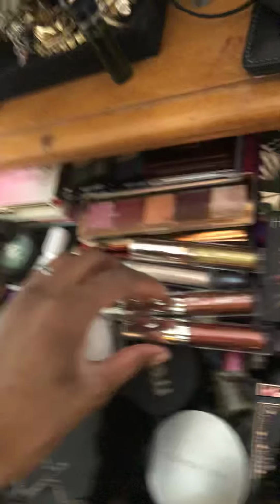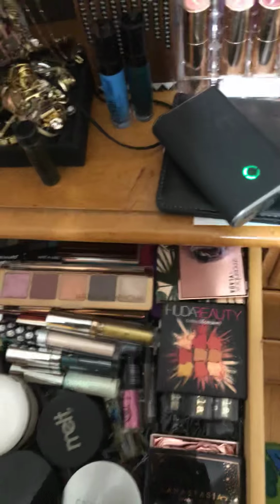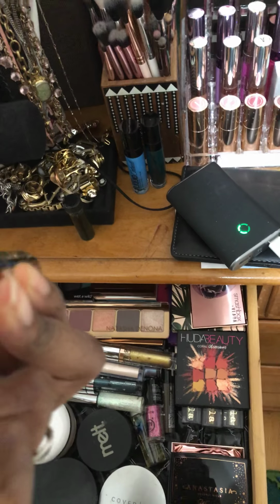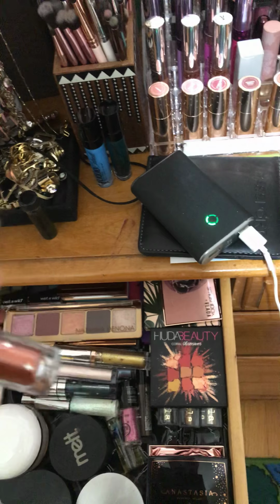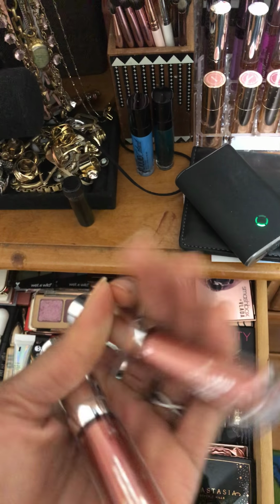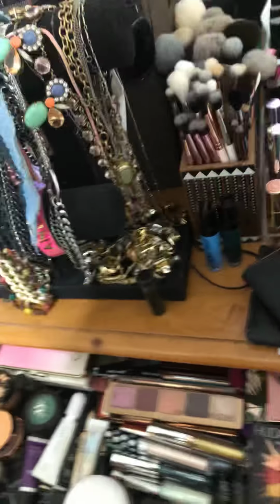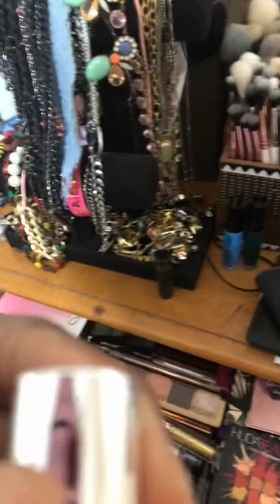Okay, next, I'm going to go through some of these liquid things really quick. Okay, so y'all know colors like these don't really excite me. This is Hard to Impress and UF Woe. I'm gonna get rid of these two just because I don't like these colors. I don't think I've ever used them. Let's open it and see, because if I haven't, I can add them to the giveaway with the other ones